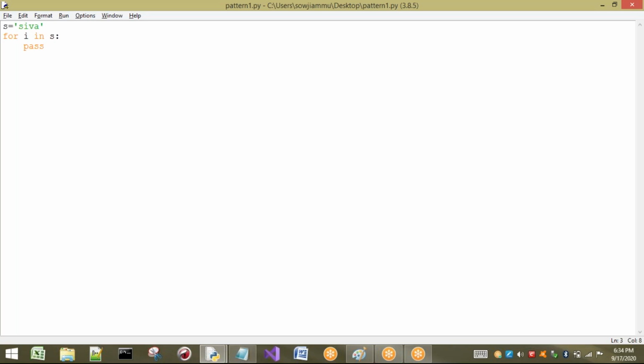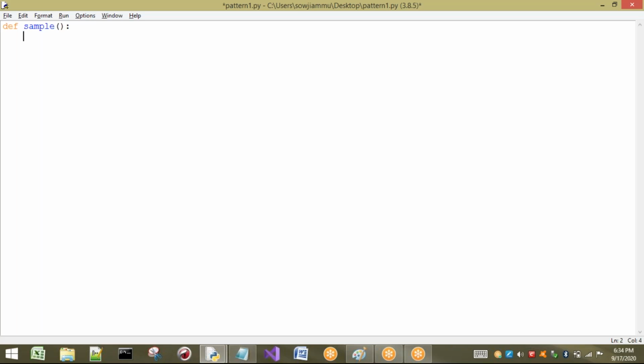Not only for loop, wherever you are going to write pass, it indicates what? Nothing is there to execute. So this is one of the cases. I will take functions also. For example, I'm going to define a function sample. If I leave this one as it is, what can you observe here? This sample function is not going to have anything to execute.